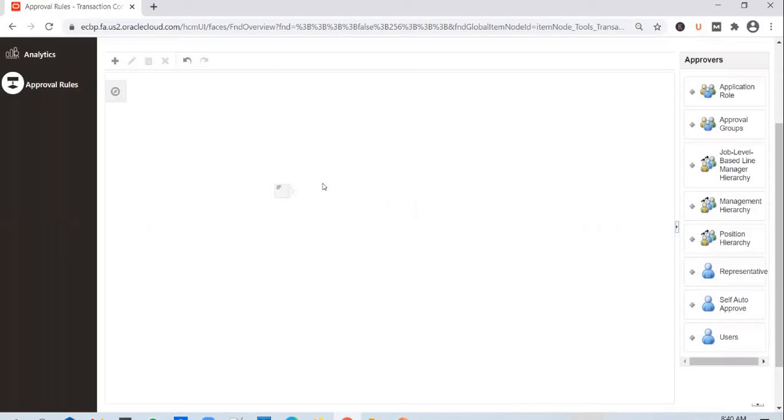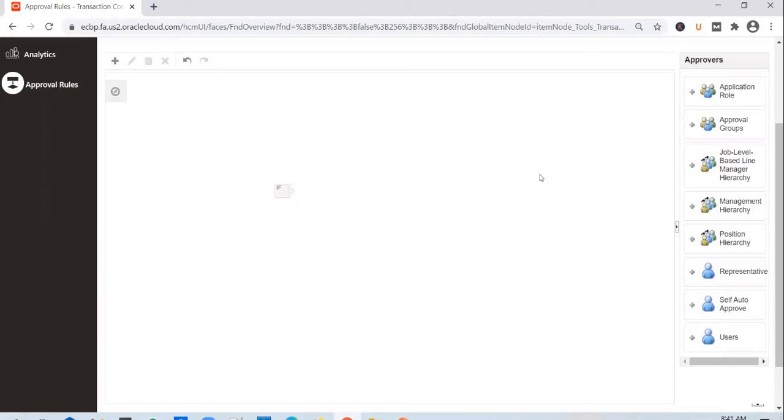So whenever a user submits a job, a client could say to always send it to a specific user for approval. Or the client might say that depending on which user submits it, send the transaction to that user's manager, and once he approves it, move it one level up and send it to the manager's manager. So if the transaction needs to go through an approval process using the management hierarchy, you will use this option. Meaning when a user creates a transaction, like creating a job or hiring an employee, it will go to his manager. And how many levels it should go for, you can also control that.